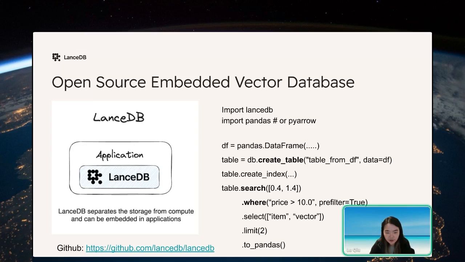And we also have a GitHub link, so if you are interested, feel free to take a look at the source code. We also have a website, I forgot to link it here, that you can go to in order to understand what API and what functionality we provide through this example embedded vector database.